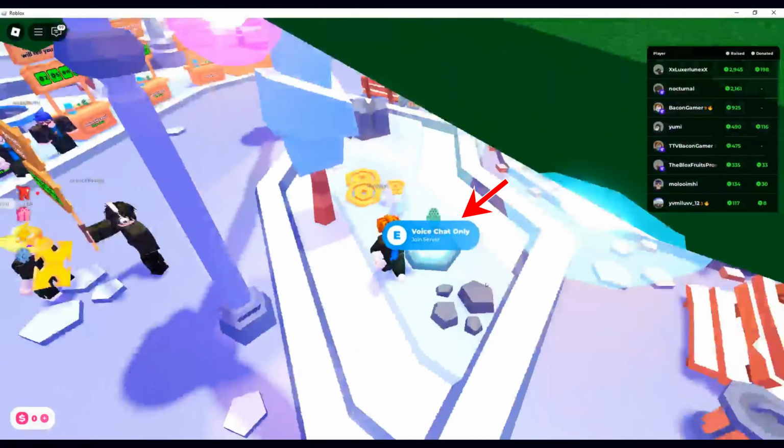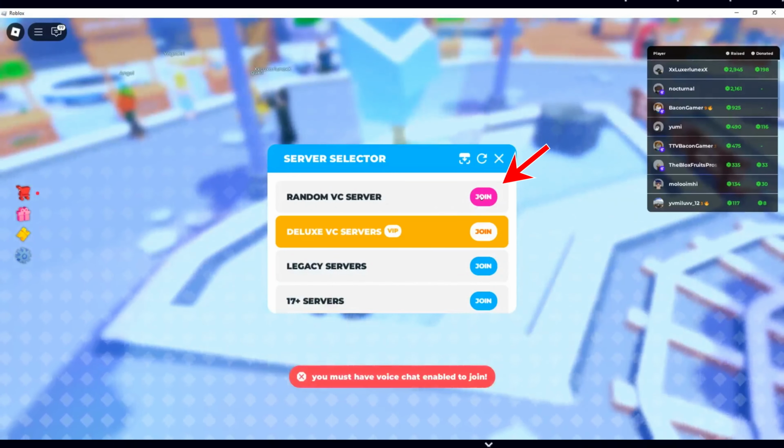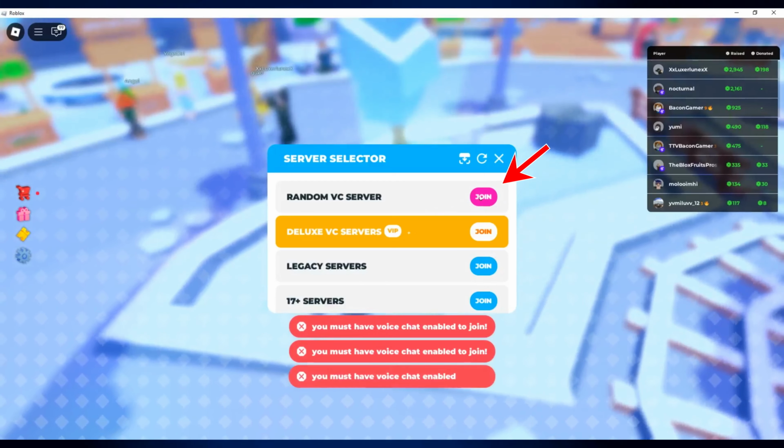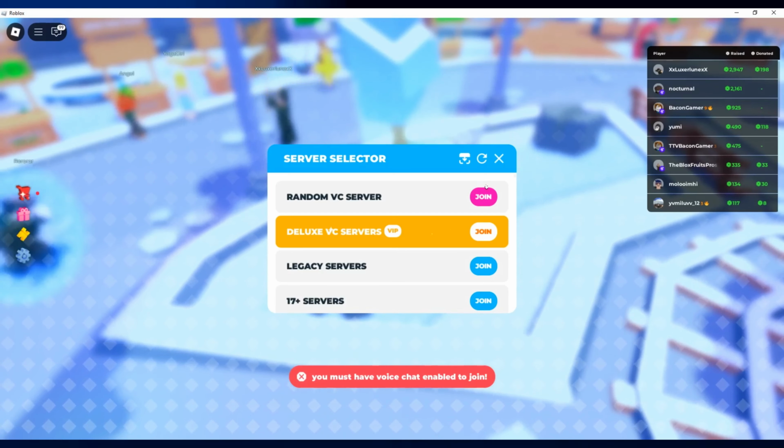Once you find it, simply click on it. Find the server that you want to join and tap the join button beside the server. If it shows you that you must have voice chat enabled to join, then you can try this method